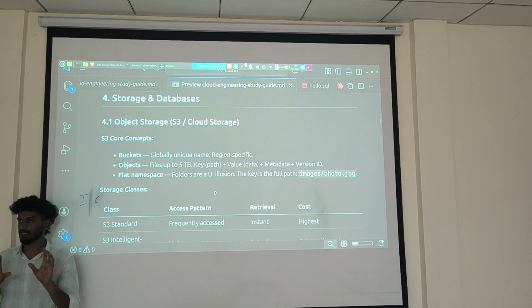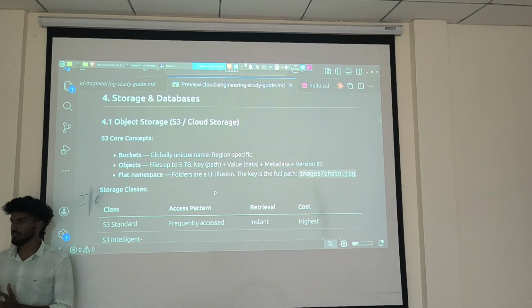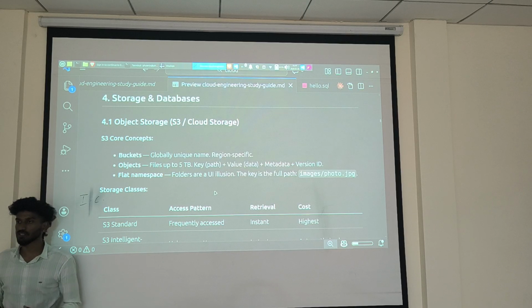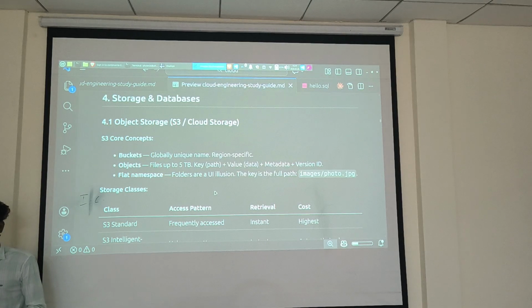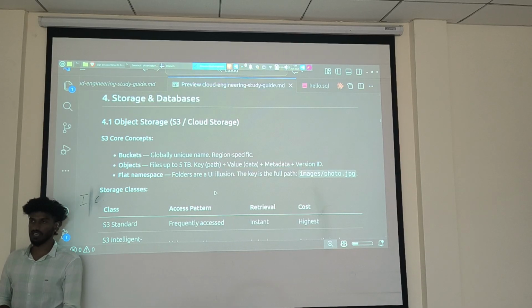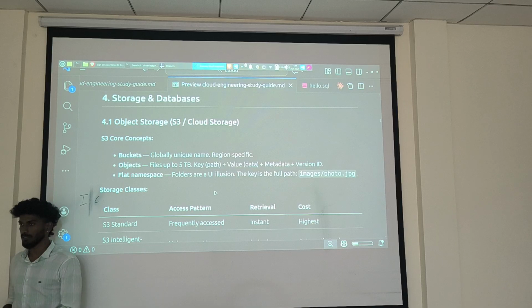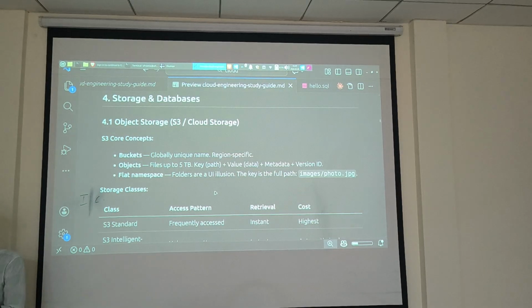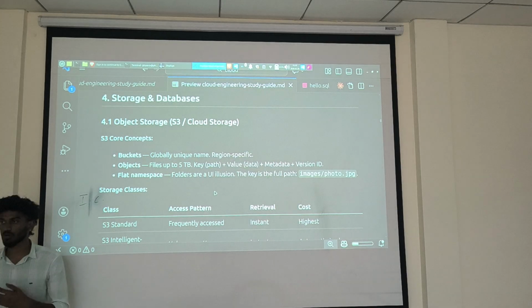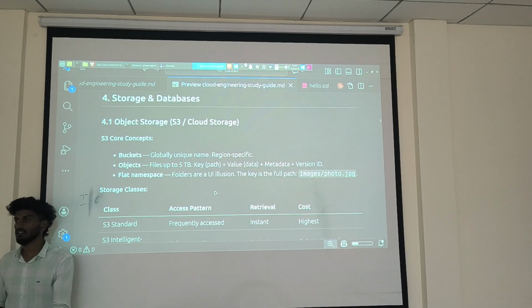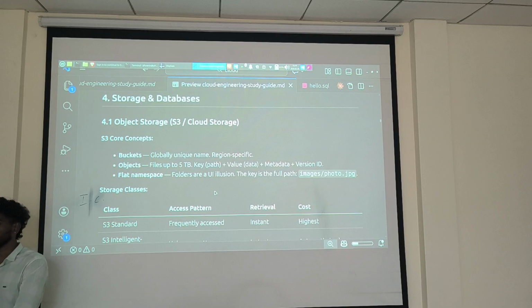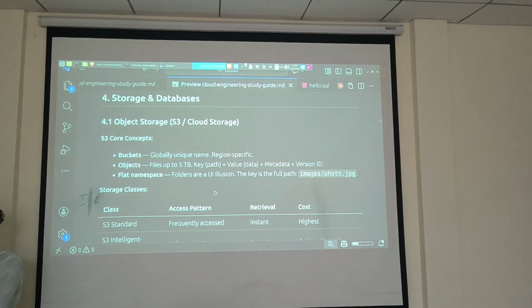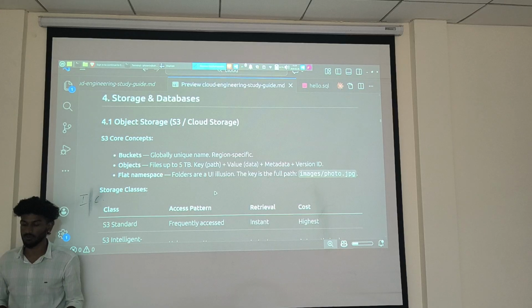So this is what I am telling for the database, but it's not only the database. In the cloud, you can store files too. For example, if your application manages files, you could store the files directly in your DB tables, but that will consume more data. So at that time you can store your file in a cloud bucket, and from that bucket you just store the path, where this file is available. Like that you can simply do it.